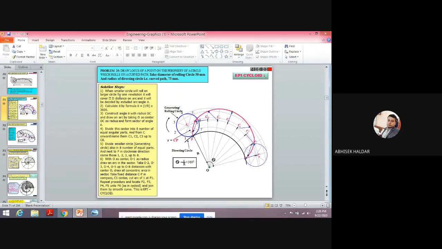Yes, sir. So what is the case? Again, I am repeating, I am having two circles. One is the rolling circle, another is the directing circle. The directing circle is the larger one. Both the diameters or the radii will be given in the problem. The rolling circle is rolling, for example clockwise like this, and just like your cycloid, I'm fixing one point P on the circumference of the rolling circle, and I'm tracing that point for one full revolution of the rolling circle. Whatever curve I get, that curve is known as your epicycloid. So the concept is clear to all of you. Some of you respond.